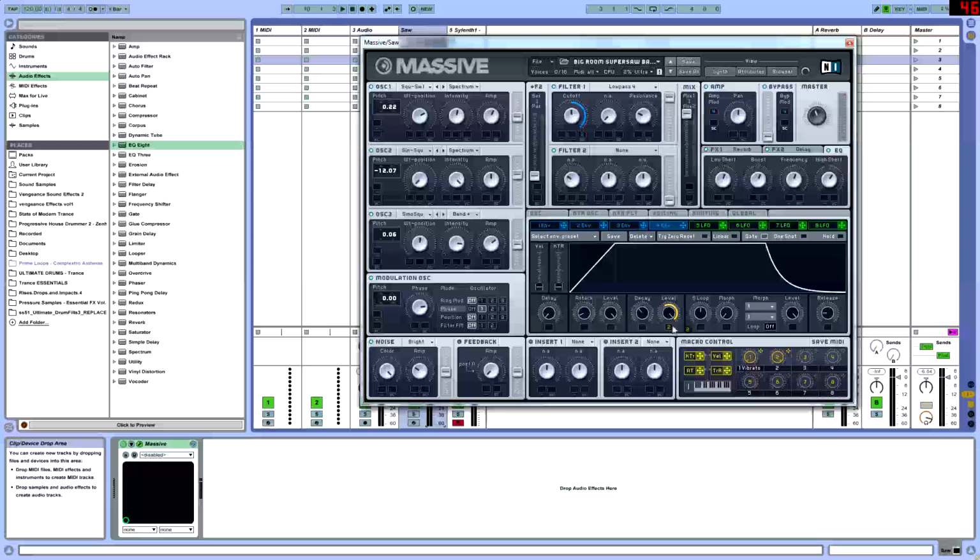Okay, so we're going to get the macro 2, we're going to apply it here to the level, and then I'm going to redo this because it doesn't make sense for that to happen. Okay, so here we have it up. We're going to run it back. So what you're going to do is get this macro, put it here, click on it, pull back all the way, and now